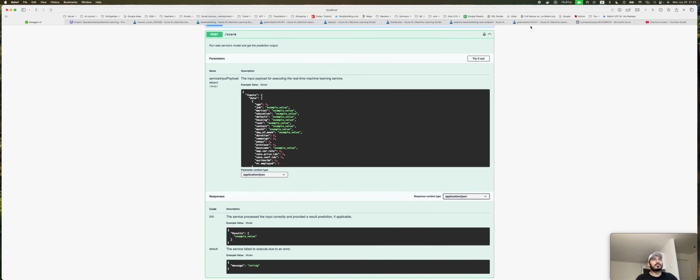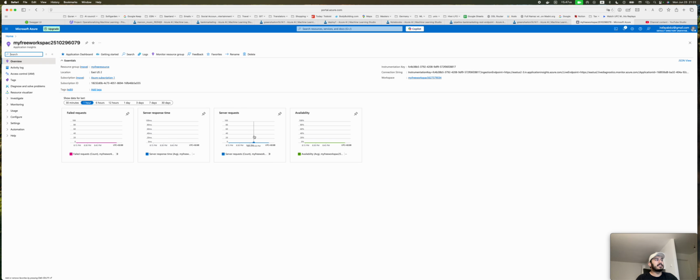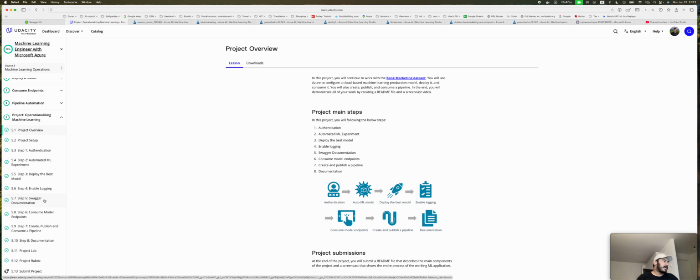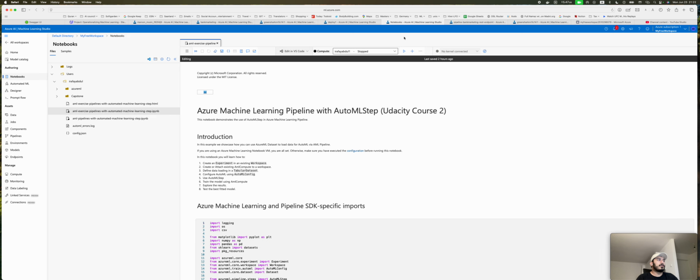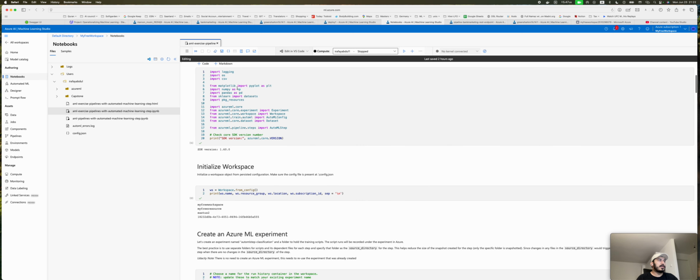We can also see this through our Application Insights, where if you look a little bit earlier, there is a spike which says that benchmarking was run here. And the next thing, if we look into the project, after enabling logs and consuming the endpoint, is publishing the pipeline. So we can see when we look into our pipeline notebook,